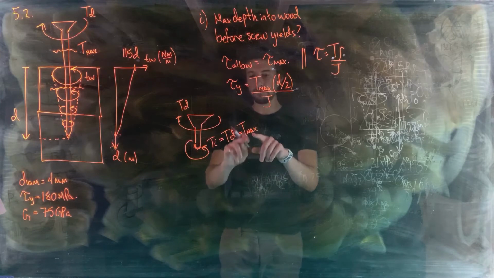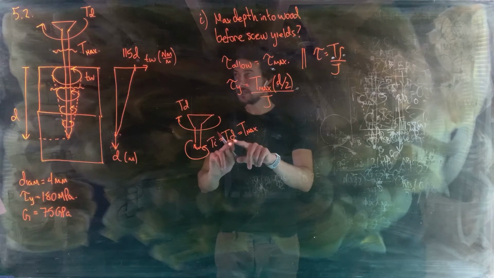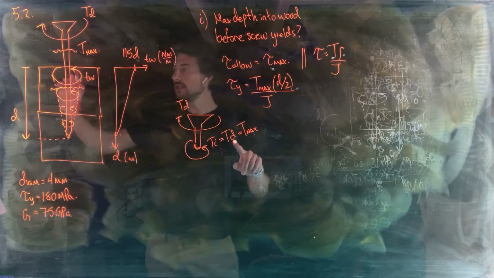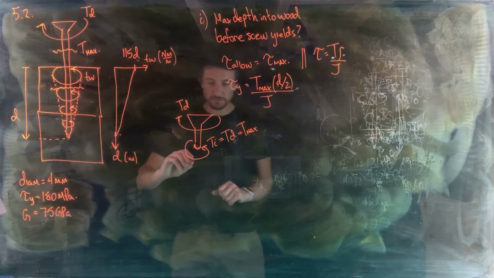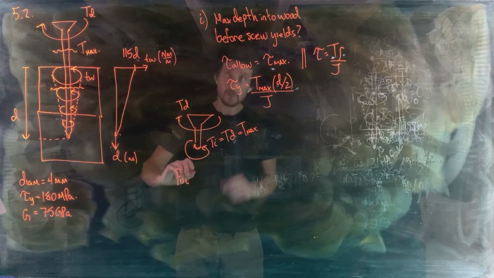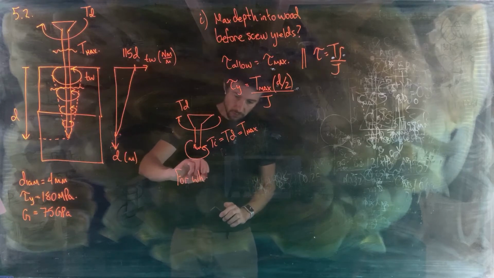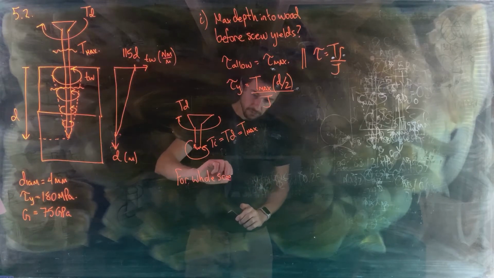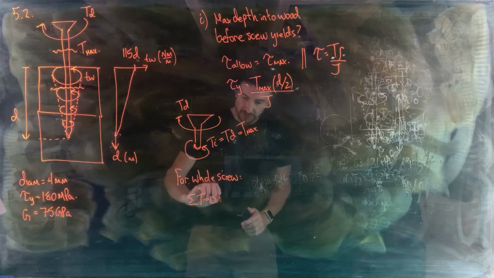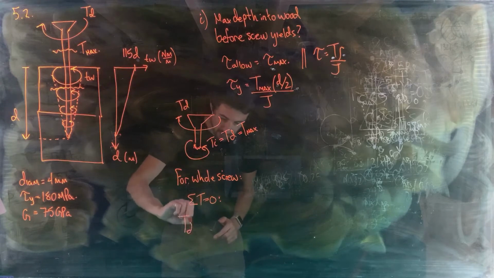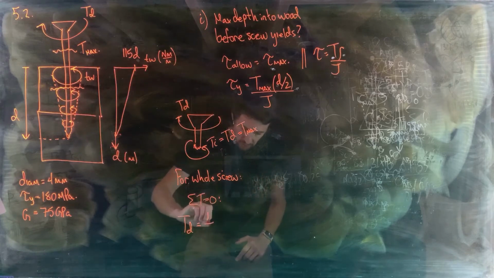So now we just need to figure out what that value is. And we can get that from TD, and we get TD by looking at the free body diagram of the whole screw. For the whole screw, we know that we need the sum of the torques equal to 0, which means that TD has to equal the resultant of the distributed torque, which is